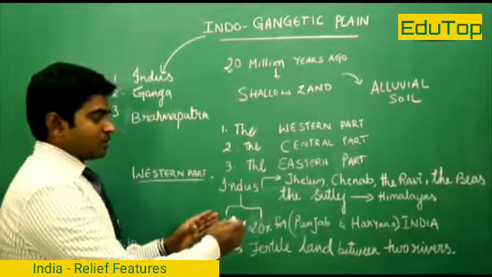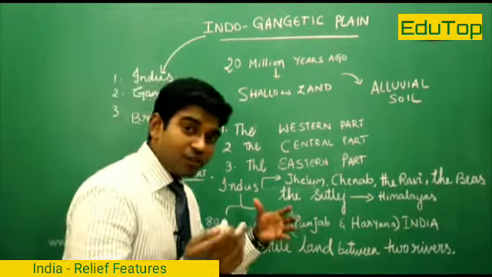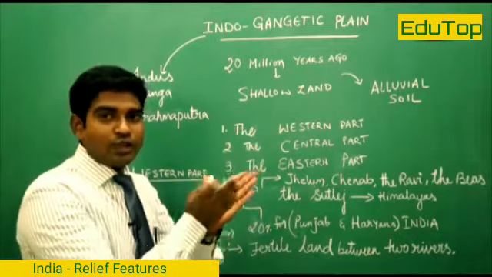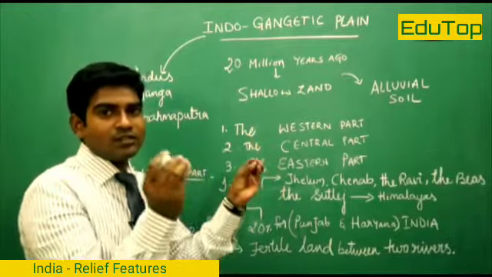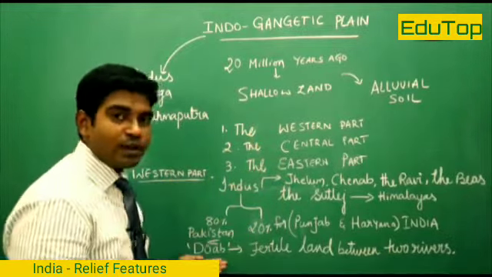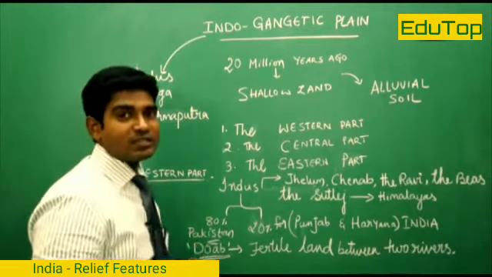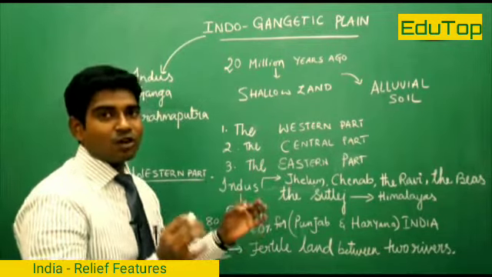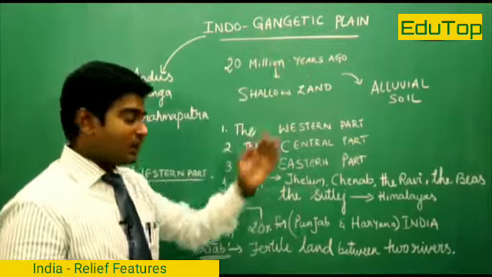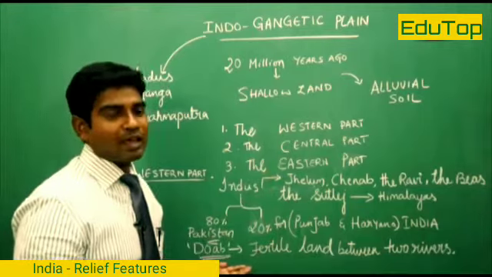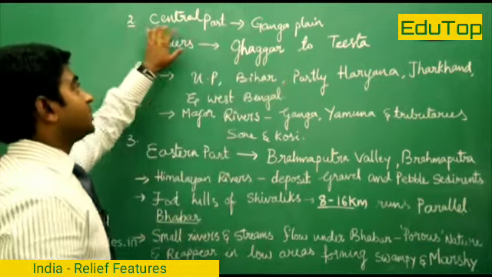These 2 regions, the western part, are dominated by the fertile land formed by the joining of 2 rivers. When 2 rivers join, that region forms like a delta region or fertile land accumulated with soil and silt. You get the region known as the Doab region. The entire western part is dominated by the Doab region, a fertile piece of land in the Indo-Gangetic Plain. The Indo-Gangetic Plain is entirely a fertile plain, and this is the most fertile part. The second division of the region is the central part.